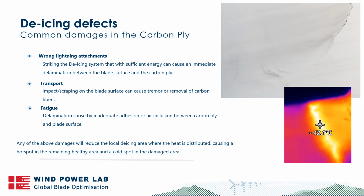But as we also know from other talks in the industry, the LPS test does not necessarily correspond to the actual conditions that the blade is experiencing during operation. So given the differences in how lightning behaves, lightning patterns, and humidity on the blades, minor imperfection from a tested blade to the actual blade in production can all lead to a higher risk of lightning hitting outside of the receptor and